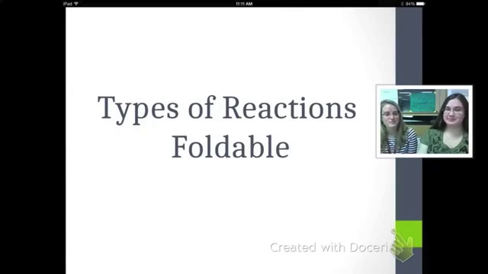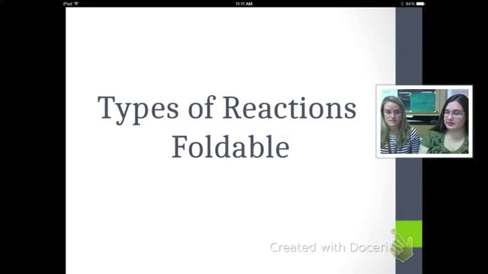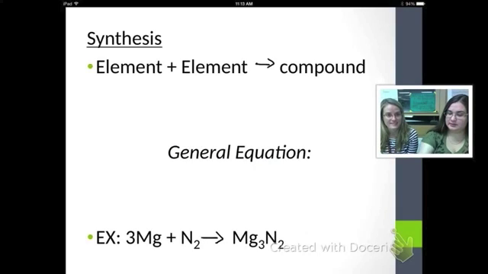Alright, so today we're going to talk about the different types of reactions, and we have 5 that we're going to talk about. You're going to fill out a foldable if you so desire, depending on if you're pre-AP or not. Regular chemistry, we're going to encourage you to fill out a foldable, and we're going to be on the inside of our foldable, and what we're going to be doing is working our way to the inside and then out, or inside and out, depending on which way that we're going. So the first reaction that we're going to talk about is